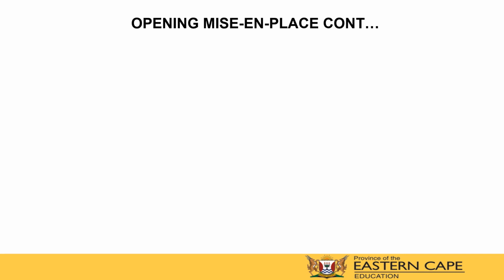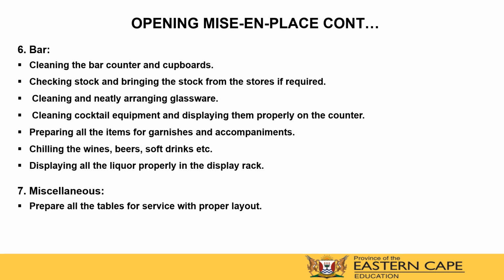The mise-en-place that you perform in the bar will entail cleaning the bar counter as well as the cupboards, checking that you have enough stock. If you don't have enough stock, you bring the stock from the stores, cleaning and neatly arranging the glassware on your bar, cleaning cocktail equipment and displaying them properly on the counter, preparing all the items for garnishes as well as your accompaniments. That means that you are slicing your lemons and maybe preparing your orange garnishes, skewering your cherries onto your toothpicks, whatever case may be in terms of your garnishes, chilling the wines,